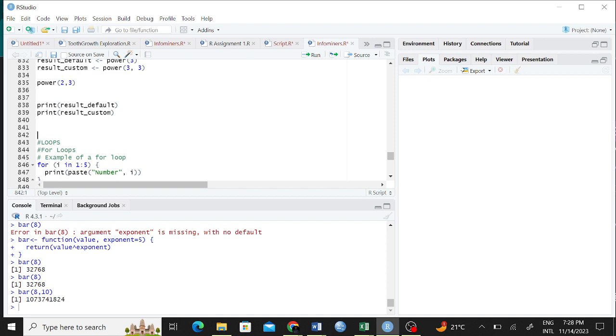The same way built-in functions have made work easier. That is also why you may want to make yours also. That word is difficult to pronounce for somebody like me. Okay. So let's look at loops.